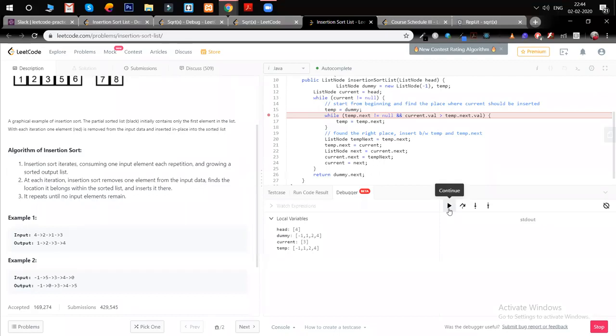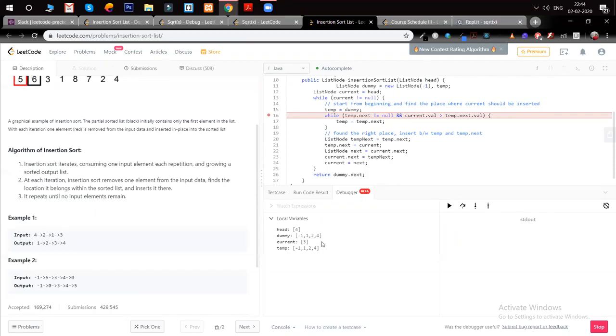So is it like we are removing one by one node and basically putting into the new linked list with the order? Yes, somewhat like that, because we are removing it from the current and then pushing it into dummy. No, it's not like that.